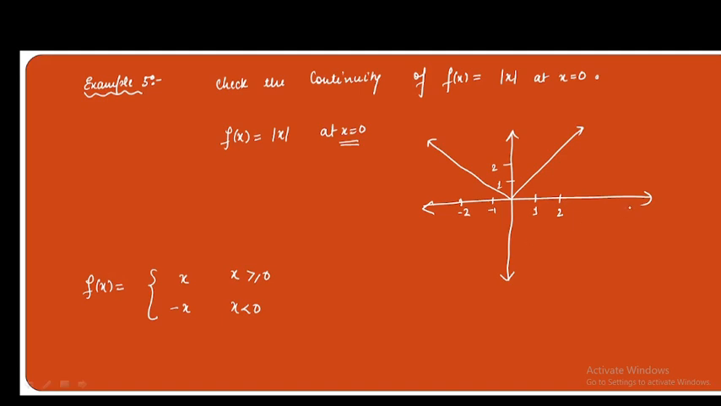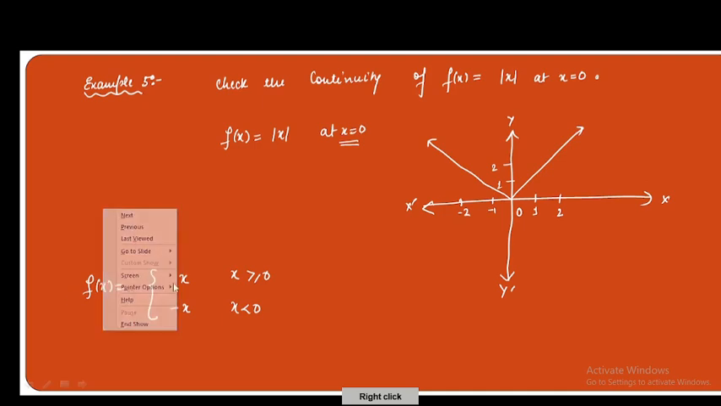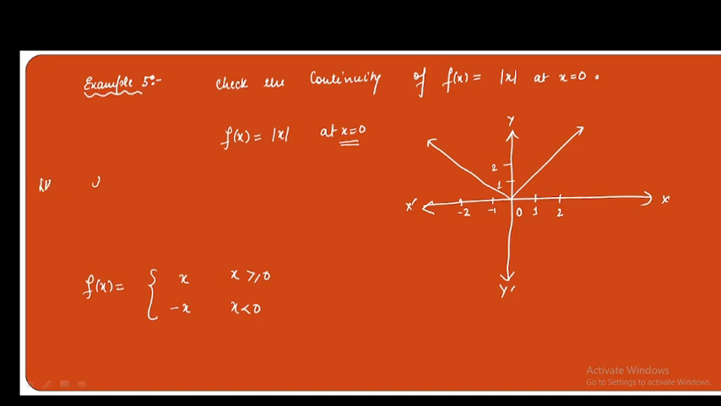Okay, this is x, y, x dash and y dash, and this is O. So now what I have to do, I have to check its continuity, right? So first I will use left hand limit, means I am going to approach 0 from the left hand side, so it will be limit x tends to 0 minus, and this is f(x). And what is the function which is defined for x just less than